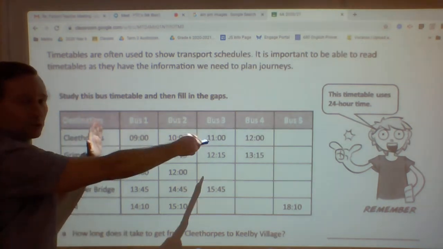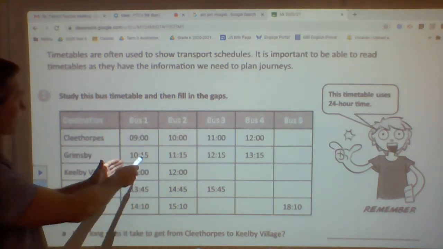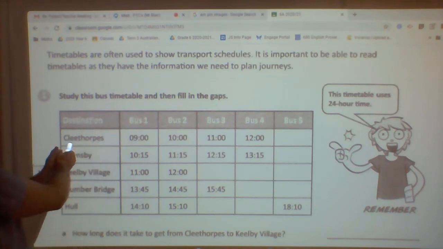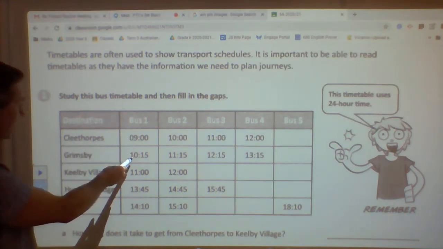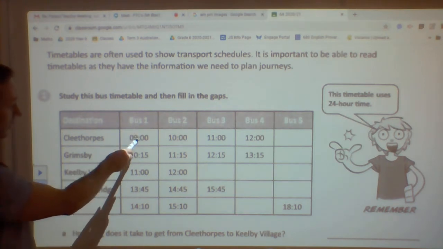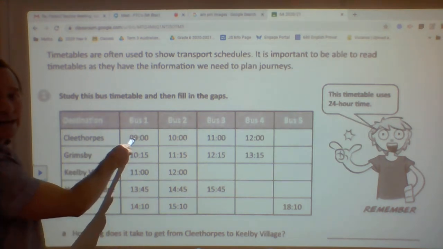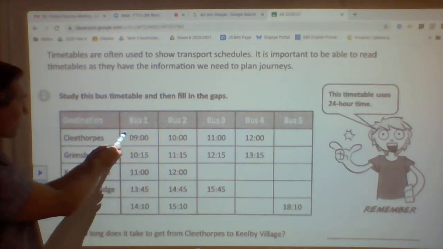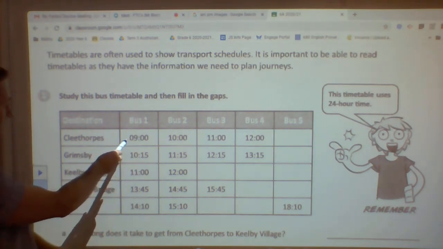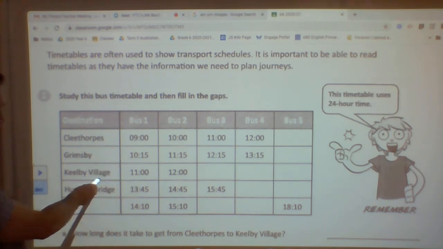Now, that's going across, going down this particular way. Bus 1 turns up at Cleethorpes at 9 o'clock. It then travels to Grimsby, which takes from 9 o'clock to 10:15, is 1 hour 15 minutes. That's where it picks up the next lot of people, and it might drop off some people. The next drop is at 11 o'clock, Kilby Village. Next one is Humber Bridge,